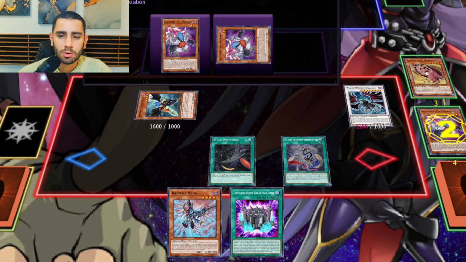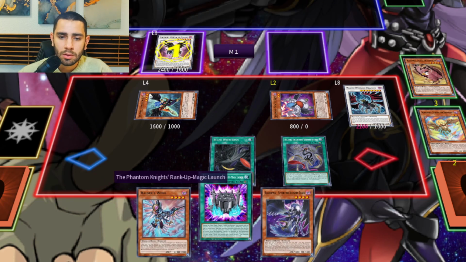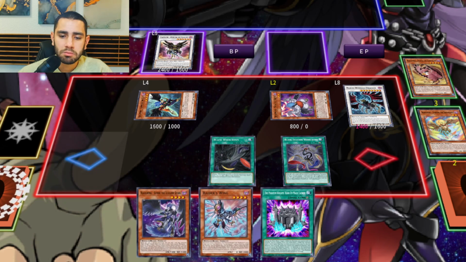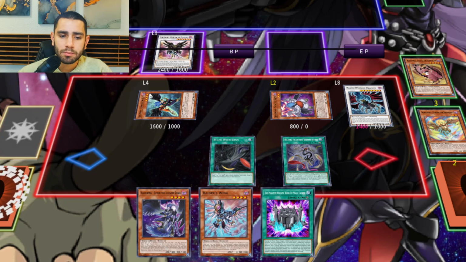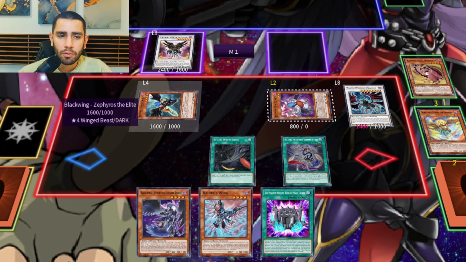And then get out the Vata. Just like that. Isn't that beautiful? Next up, guys, before you even continue with Zutri,